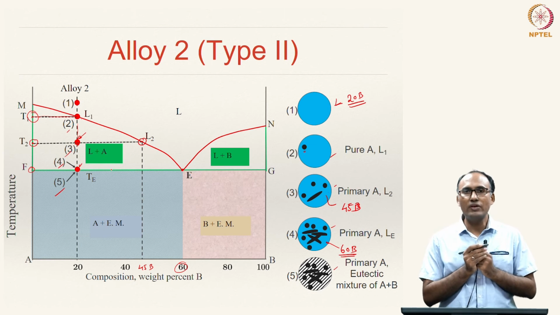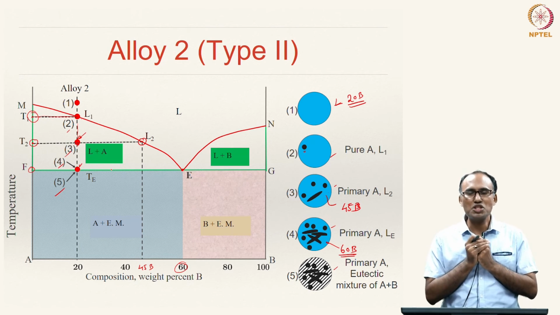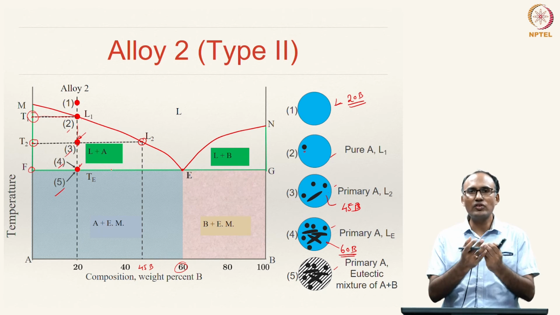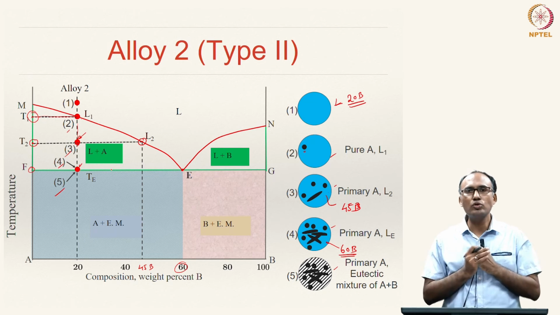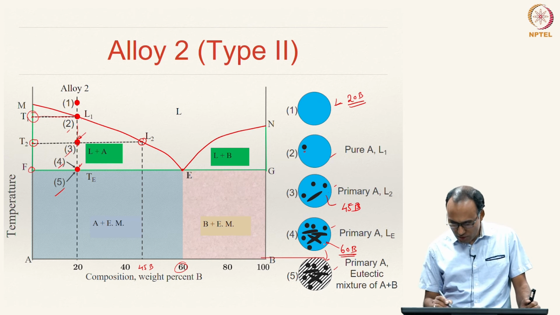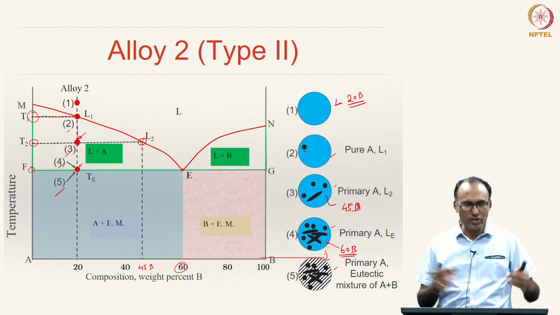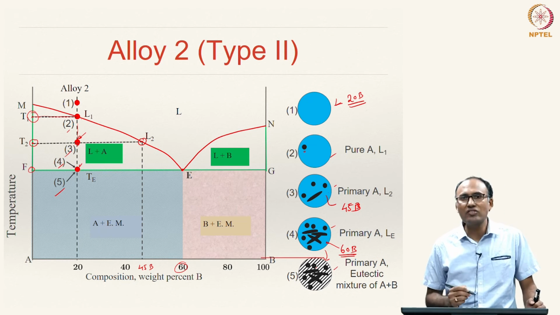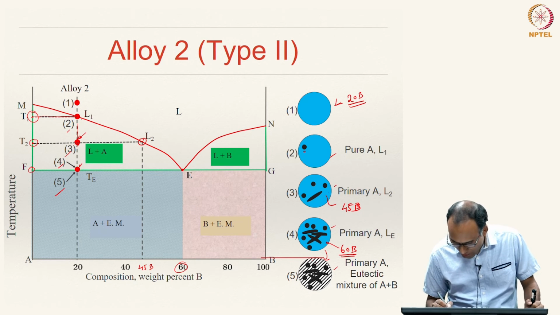And what is the temperature? Eutectic temperature. Whenever you have a liquid solution at eutectic temperature and having a eutectic composition, what should happen? The liquid solution should undergo eutectic reaction. That means, all the liquid solution should transform into two solids at constant temperature, and that is what happens. So, you have some primary A that is formed until 0.4, and between 4 and 5 there is sufficient amount of time, which we are not showing on the phase diagram, but the remaining liquid solution would transform into eutectic mixture of A and B.